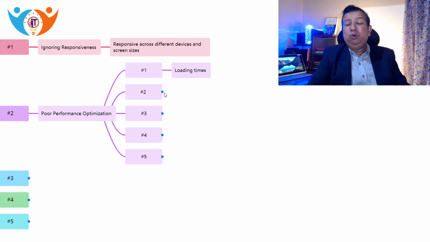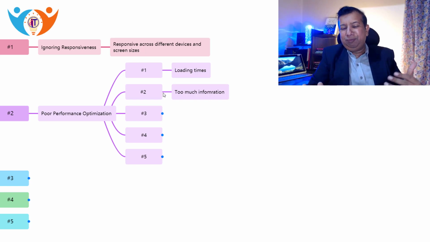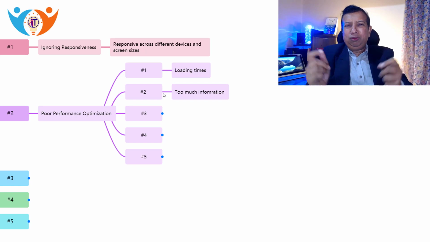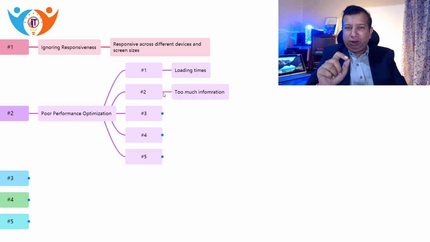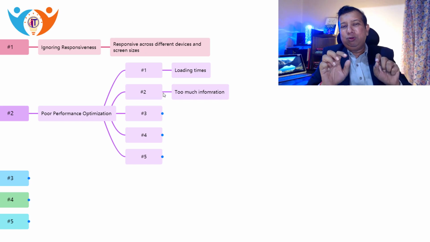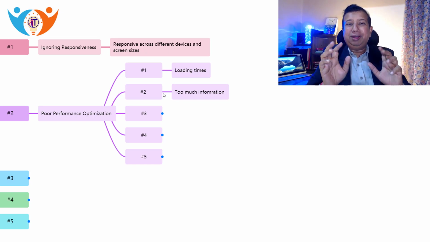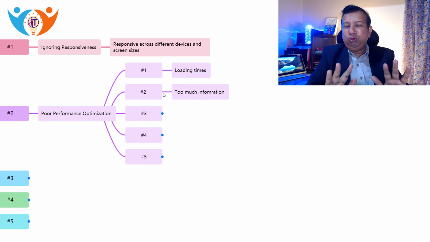The second is, don't give too much information. If you have a big scale of business and different kinds of services, don't put so much information on the homepage. If you have a lot of information, there is a way to give this information. You should have a clear idea what you want to pitch to your customer, and accordingly you have to understand what type of information, how much information you want to give through the website. Accordingly you have to create different categories, and you have to put that information in a more appropriate and archived manner so that there will not be any confusion to the user, and the user can see the appropriate information.